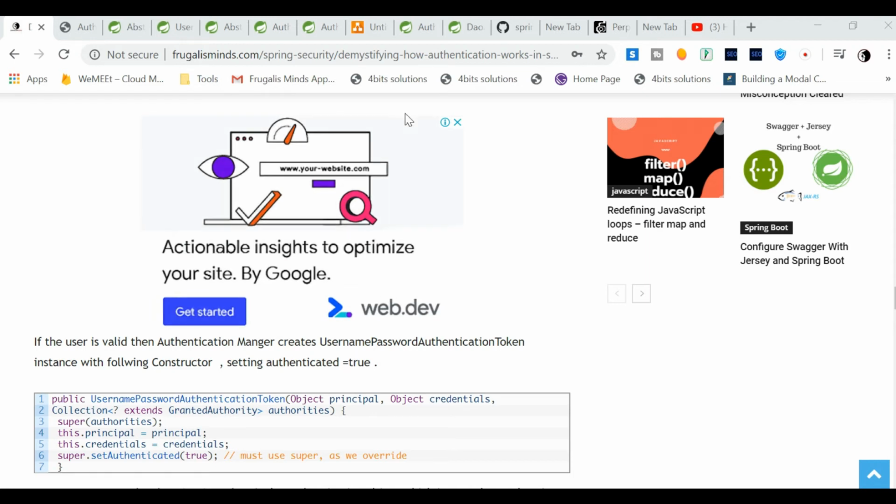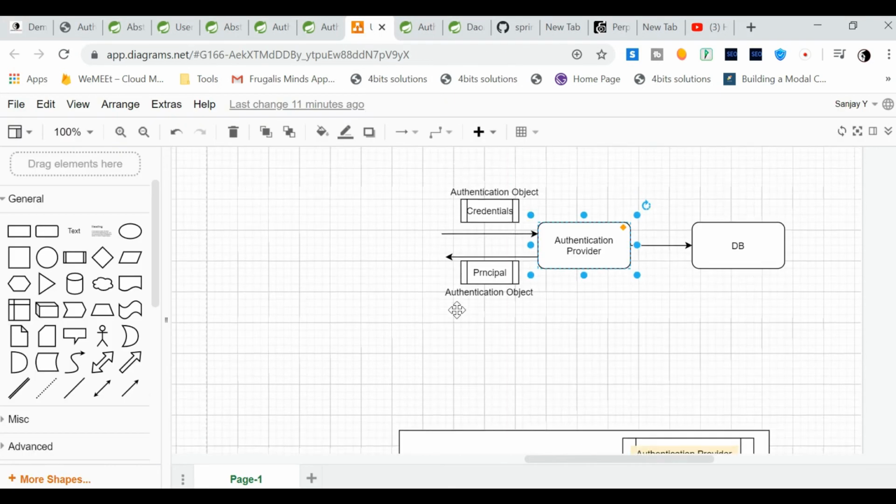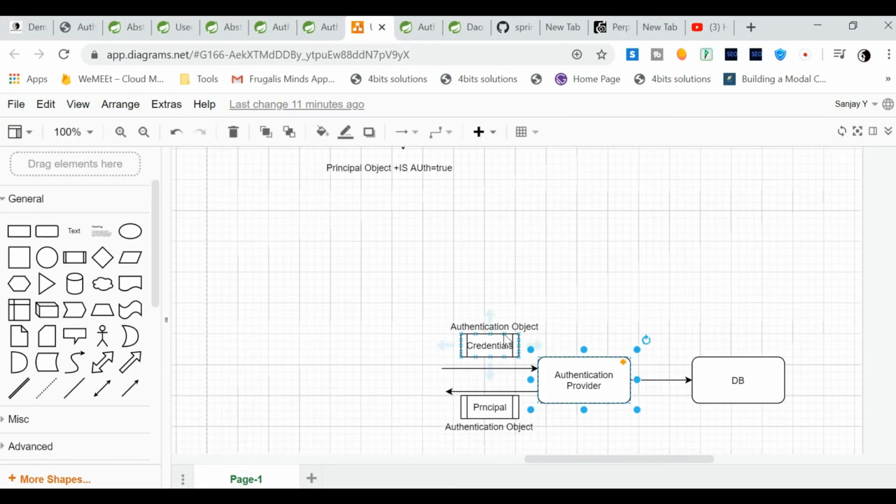It takes an input of an authentication object and returns an output of an authentication object, but the difference is it takes credentials as an input and returns you a principal. The principal is basically the authenticated instance. So it's basically an object which has the authenticated instance.